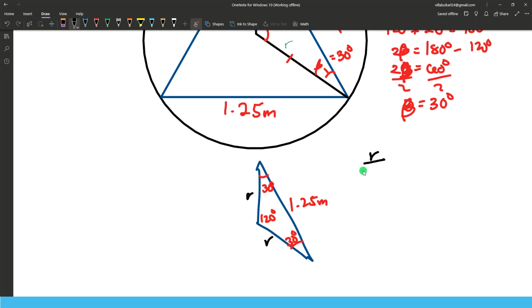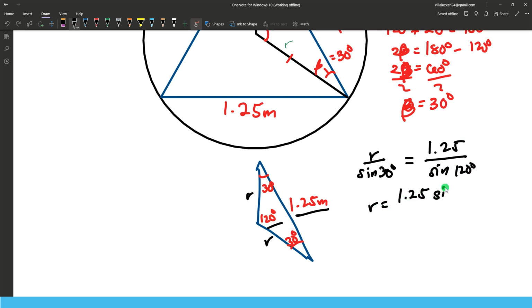So r divided by sine of the opposite angle of r, which is beta or 30 degrees, is equivalent to this side 1.25 over sine of the opposite angle 120 degrees. Okay, so r equals 1.25 sine 30 degrees over sine 120 degrees. So r equals 0.722